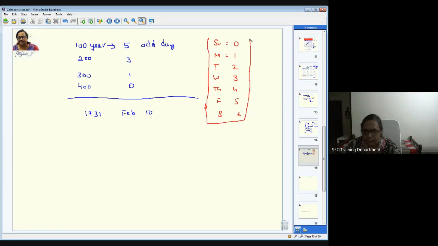The same thing we did in the first calendar I showed you: whichever day it is, from there I take a 0 and then calculate. But otherwise, this is the value you're going to follow hereafter. So now you're going to find out for 1931 how many odd days there are, and then for that particular month how many odd days there are, and then here we are limiting it to the 10th of the day, how many odd days there are.